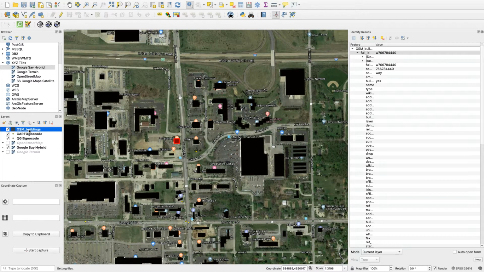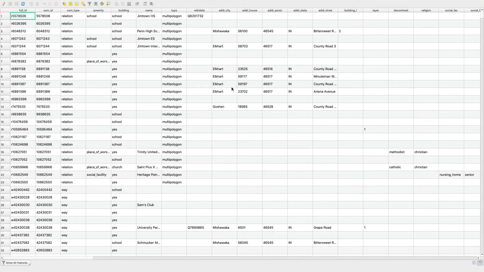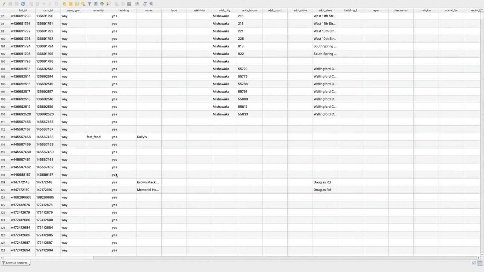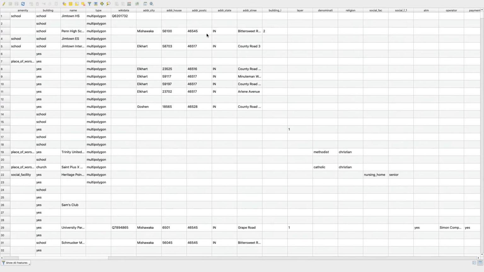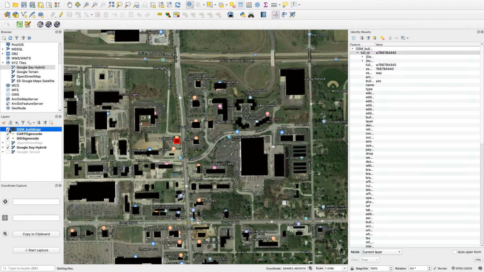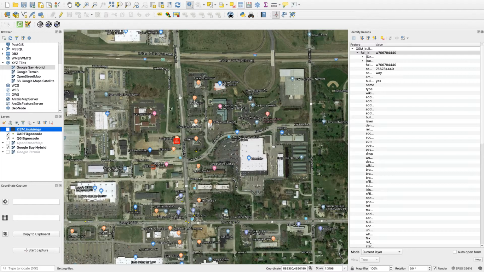And you can also look at the whole attribute table at once. So, you can see buildings. A lot of them just say yes, indicating yes, it is a building. Okay, so all right, so we're going to turn the OpenStreetMap data off for the time being,